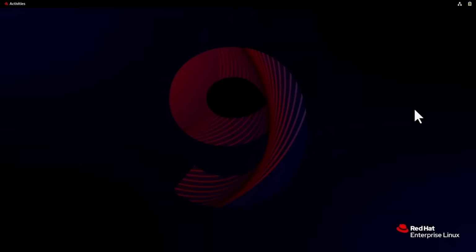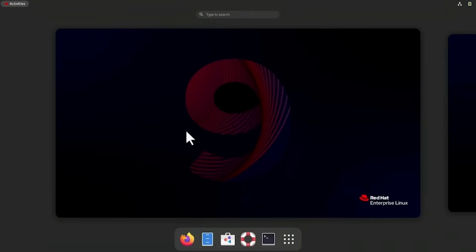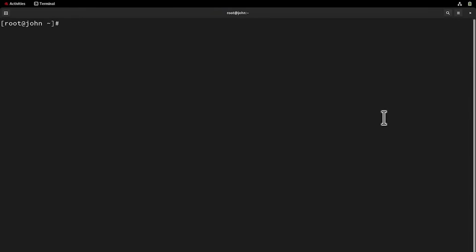To get started, open the terminal. Click on the Activities tab at the top left corner of your screen. Then, click the terminal icon at the bottom of the Activities view to launch it. First, let's check the logrotate configuration file. In the terminal, type the following command: